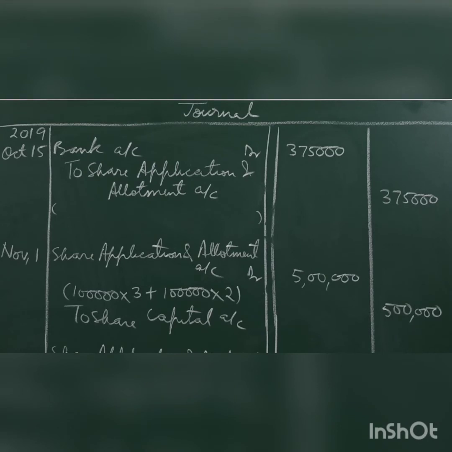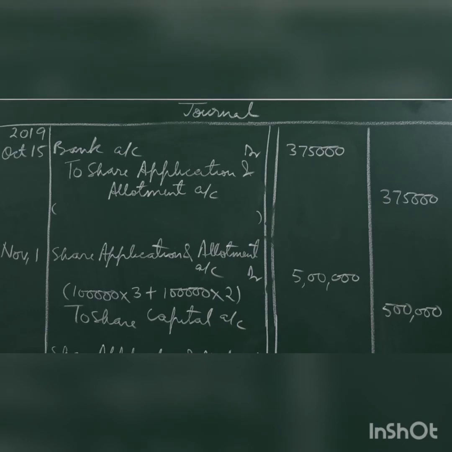On November 1st, the date on which the allotment will be made, share application and allotment account debit with 5 lakhs. Now how we got 5 lakhs? If you recall, the second entry is for transfer of application money to share capital account. So I have done the working. You can see 1 lakh into 3 is for application money which will be transferred to share capital account. But since you are maintaining a combined account, we will have to show the allotment money due amount along with this entry, what used to do earlier as the third entry. So the second and third has been clubbed together, combined.